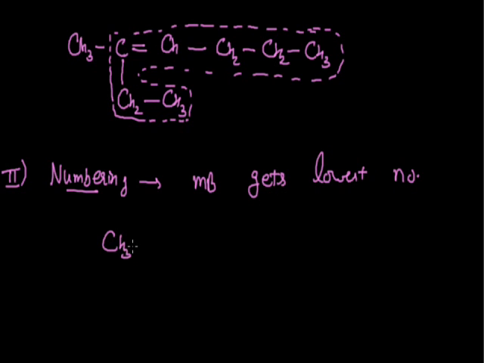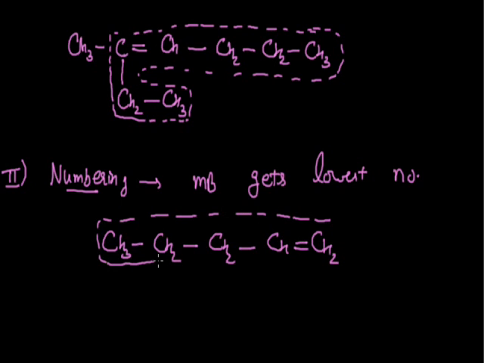For example, if the structure of organic compound is given to us in the manner, so in the condition, according to the first rule, the straight chain will be the parent chain. If we start numbering for this organic compound, we have two options. We may take this carbon atom as the first carbon atom. Now according to this, it will end on the fifth position. On the other hand, if we start numbering from the left hand direction, this will be the terminal first carbon atom, ending at the fifth carbon atom, which is this one.